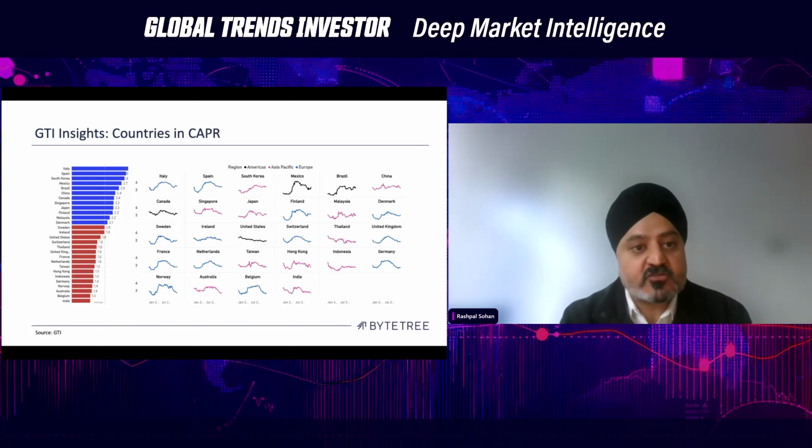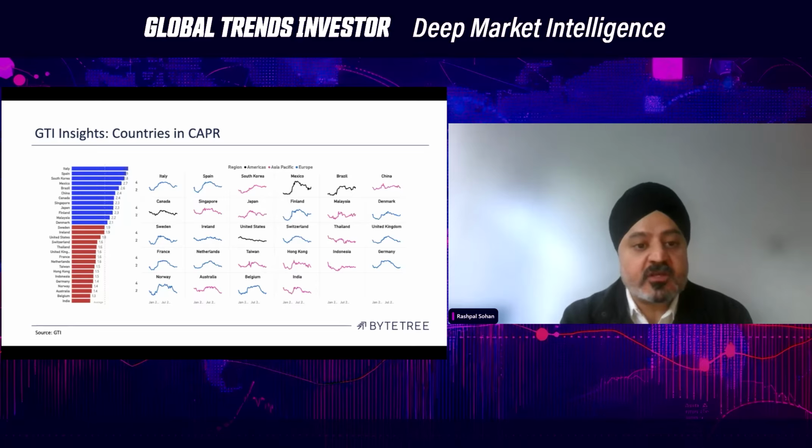The way we highlight the strong and the weak countries is not just their ranking, but color coding them. What we do is we calculate the average. Those above the average are color coded in blue, as shown on the left-hand side, and those below the average are shown in red. We also monitor the trend of these over time to see are things getting better or weaker. Italy could be, for example, at the top, but it doesn't necessarily mean it's trending upwards, as you can see in the trend chart shown on the small multiple charts on the right-hand side.